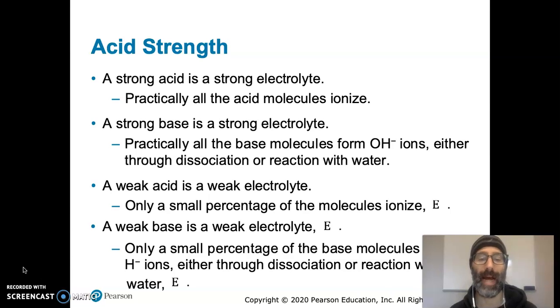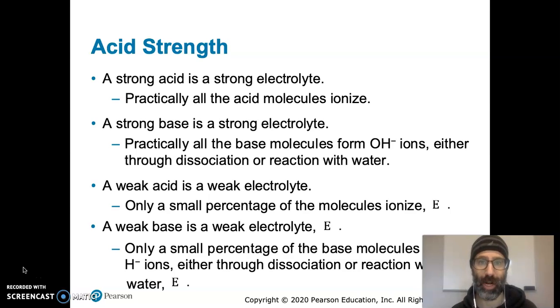So a weak acid is a weak electrolyte. That means that only a very, very tiny amount of the molecule breaks apart or ionizes into ions. When you get a weak acid, you get this double arrow going on. Another distinction to make when you're drawing your equations